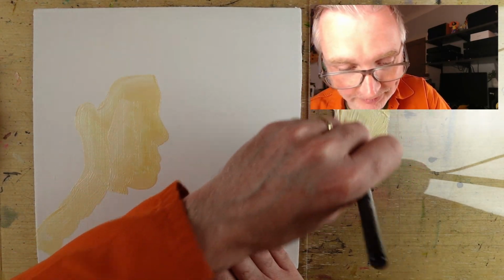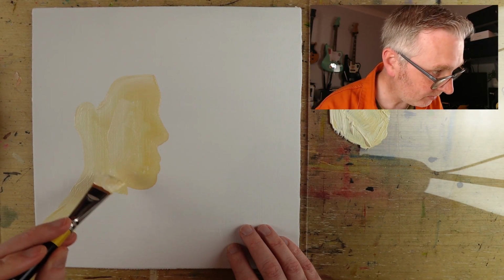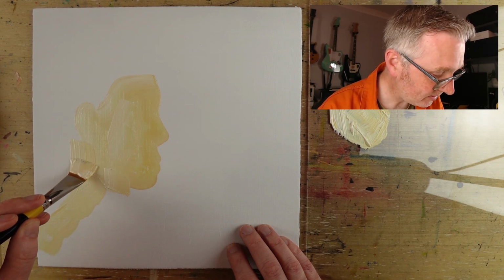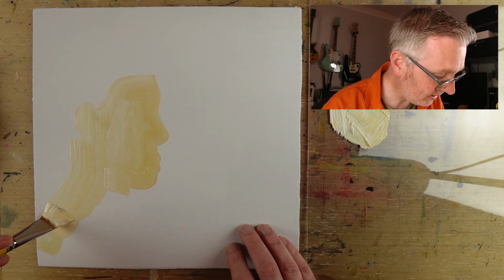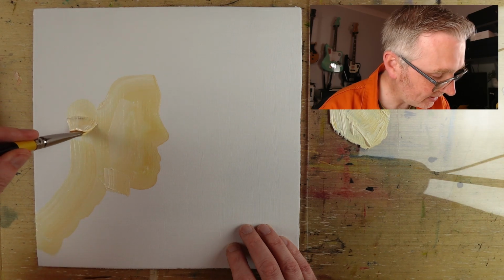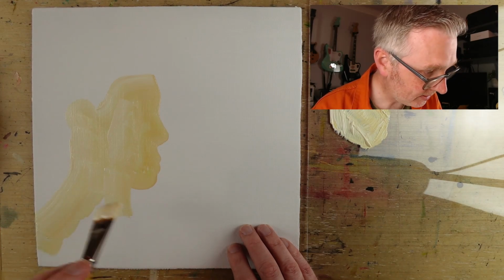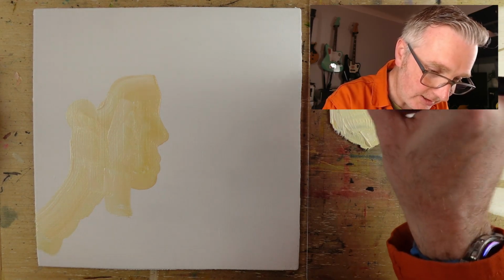What am I copying? I'm painting the album cover to Touch by the Eurythmics, which I've never heard. Never heard it. And normally when I paint these album covers, I listen to the album that I'm painting, but I can't because I'm talking to you. But I think it's got Who's That Girl and Here Comes the Rain Again. So